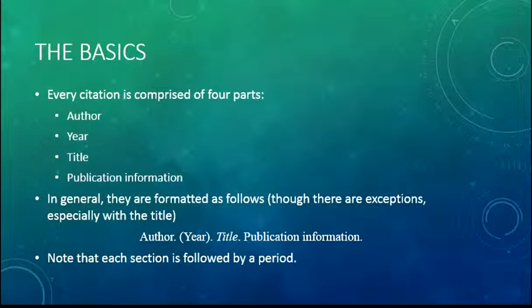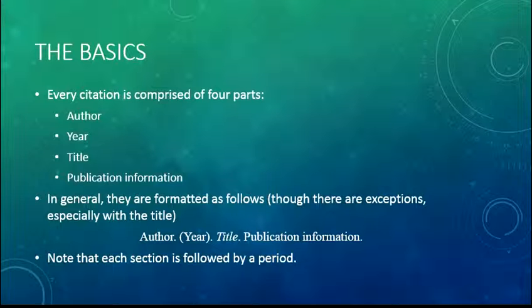In APA, you'll have every citation basically being comprised of about 4 parts. So you have the author, the year, the title, and the publication information. Okay, all of these parts are normally present. There are some exceptions where they may be missing, and we will talk about how to handle those a little bit later in the presentation. So in general, they're formatted the same way. You have the author first, then you'll have the year in parentheses, you'll have the title, and then you'll have